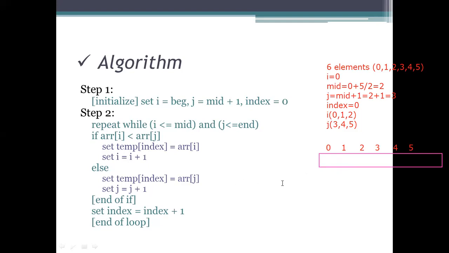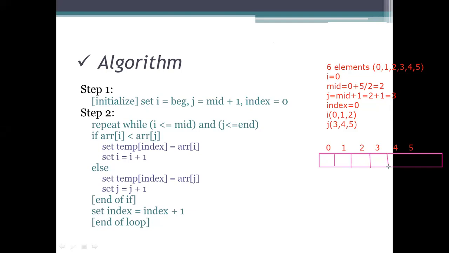So here we need to consider whether the values we have chosen for the processing are less than the I value or greater than that value. So this will be the array formation.